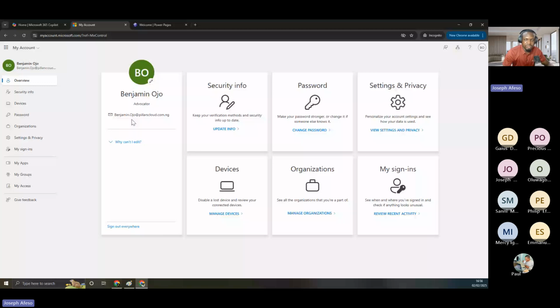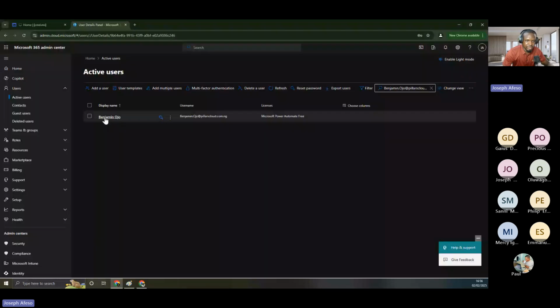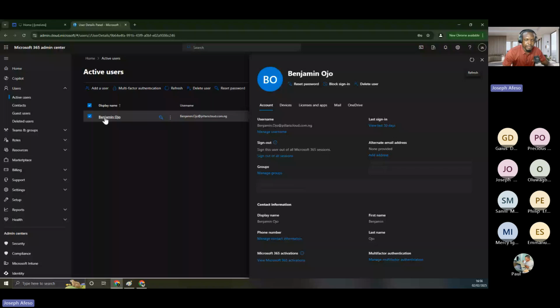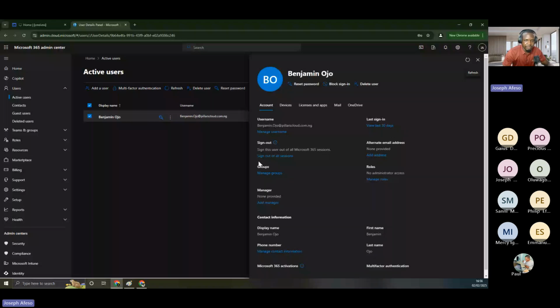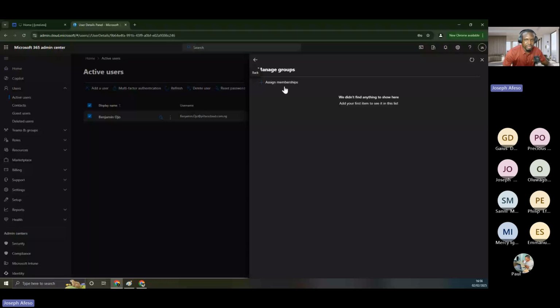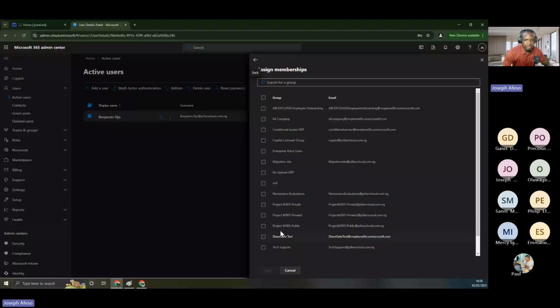But just in case, let's say there are groups in your environment that this user needs to be in. Maybe there is a Teams group, or a legal group in the organization. So what you do is you can come to Benjamin again and then come to manage groups, so you can say assign members, and then you look for the group that he needs to be a member of. Let's say there is